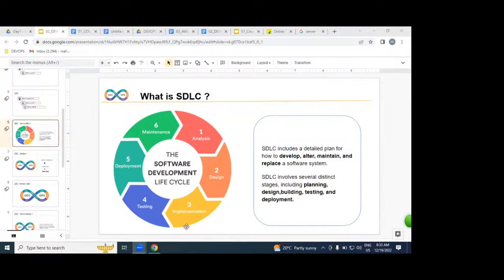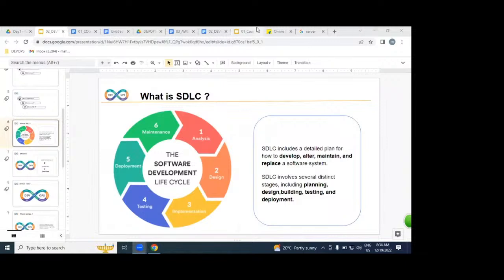Developers are working on where exactly? In the implementation part. Testers working on where? DB administrators, DevOps engineers, AWS engineers, Linux administrators, all together, we are going to be working in SDLC. By end of the day, whether we are DevOps engineers, AWS engineers, Java developers, or .NET developers, we are all together going to be involved in SDLC.